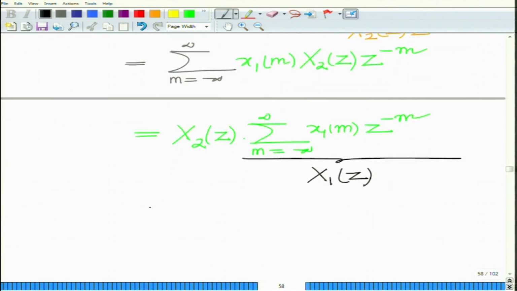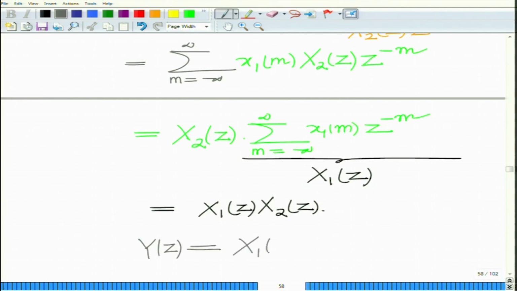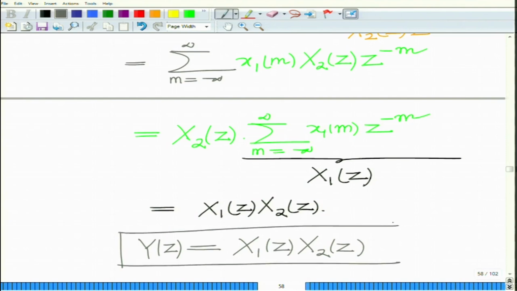So, this is basically the product of the z transforms x1 z into x2 z. So, what we have here is basically y z equals x1 z x2 z. So, the z transform of the convolution of two signals is basically the product of their